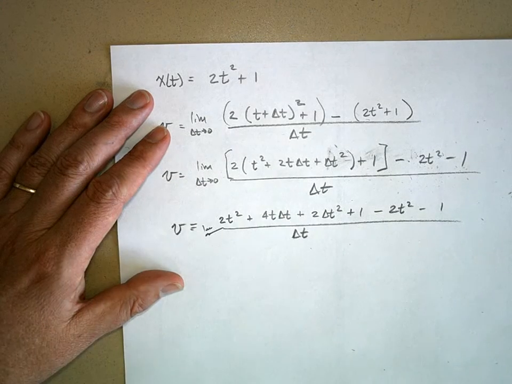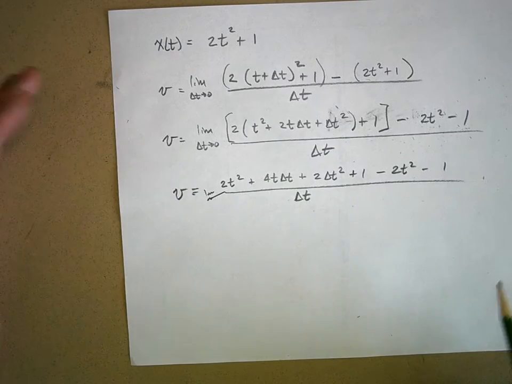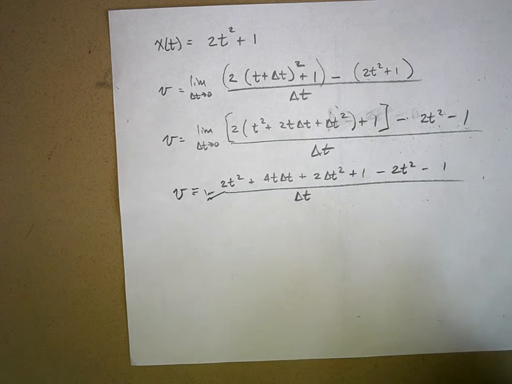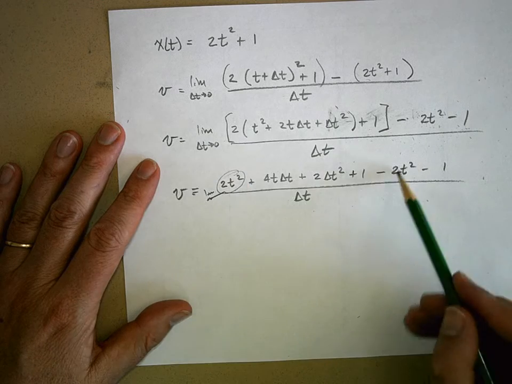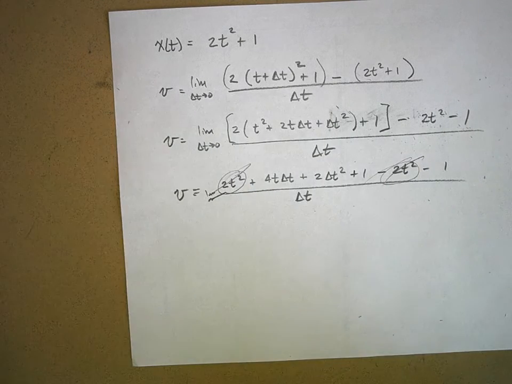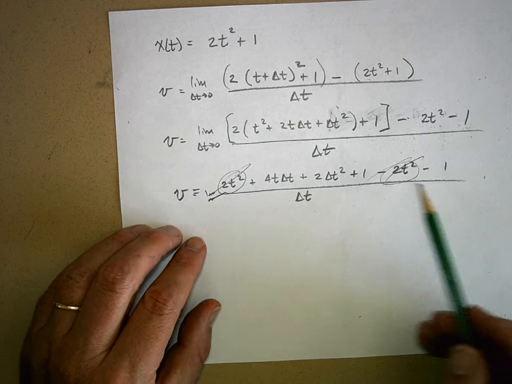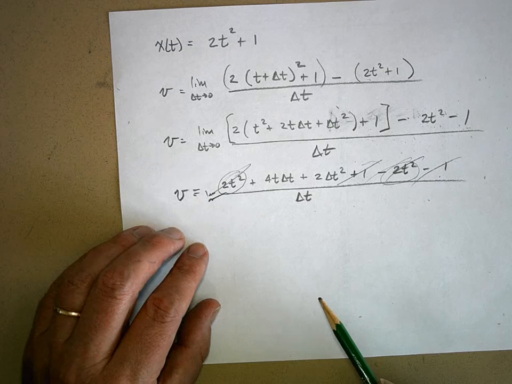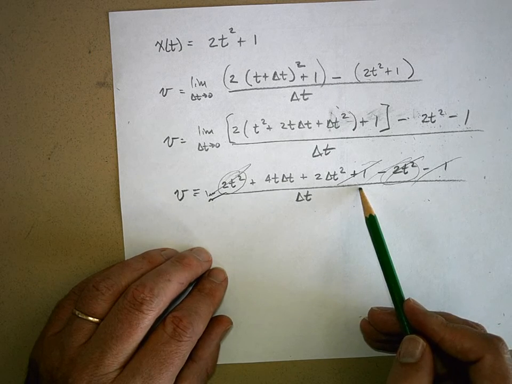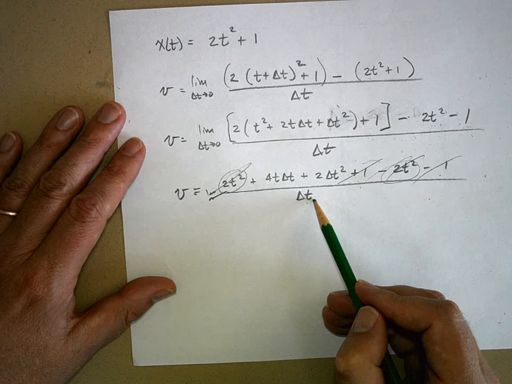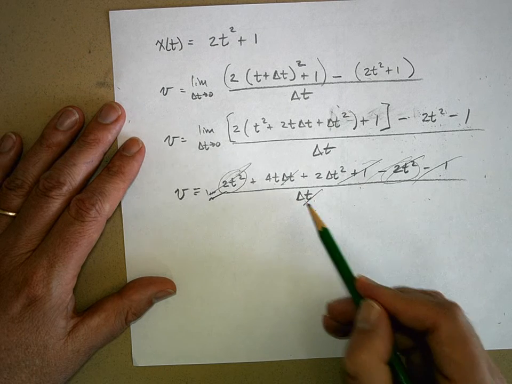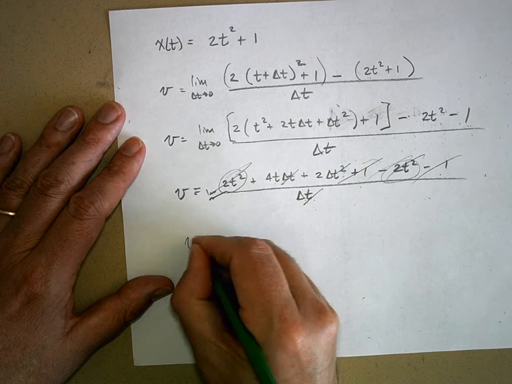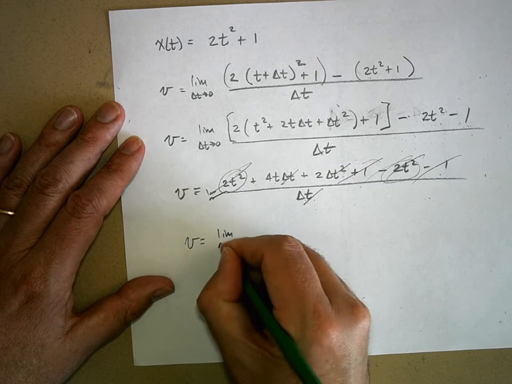Now, what goes away? Stuff will go away. The original function always goes away because you got a 2t squared here, you got a minus 2t squared, so it goes away. That will always happen. The original function had a 1. Oh, there's a minus 1. So they go away. Now I got this stuff left over. I've got the delta t in there. So the delta t will cancel with that one, and it will cancel out the delta t squared, leaving a delta t behind. So v equals the limit as delta t goes to 0 of